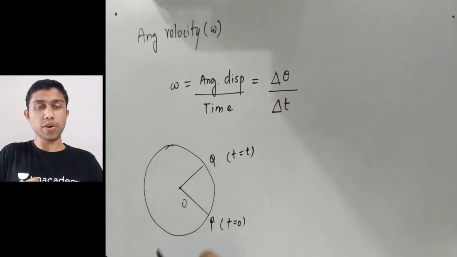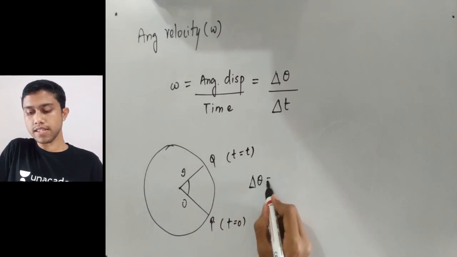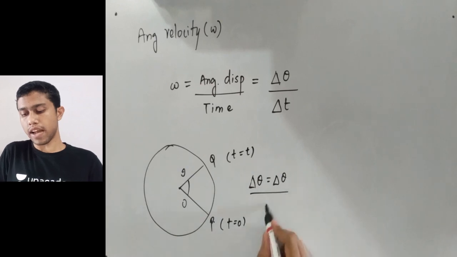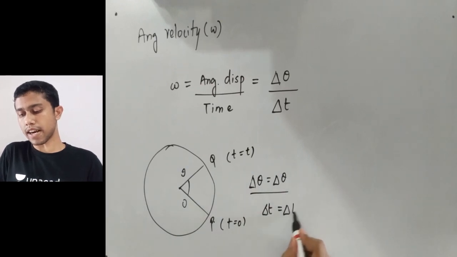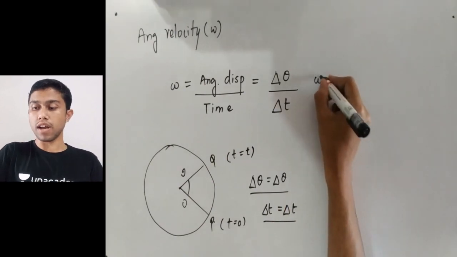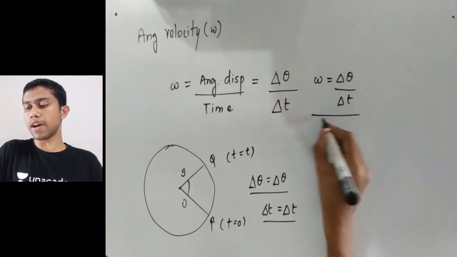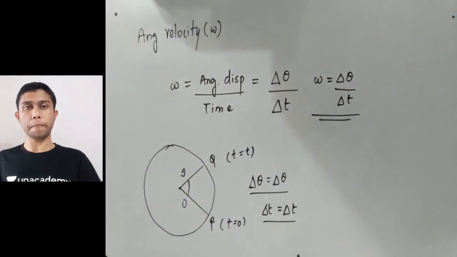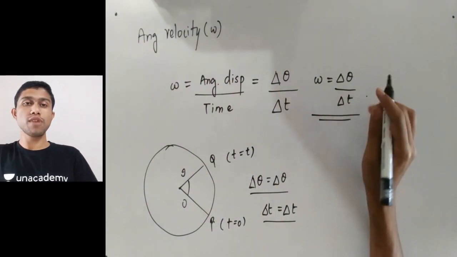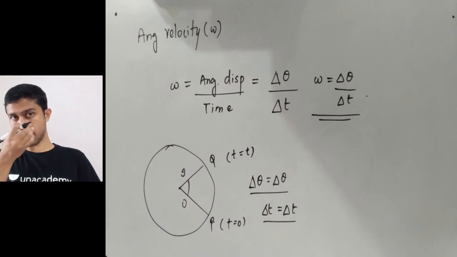Here is 0 degrees and here is theta degrees. So the change in angle is delta theta and the change in time is delta t. So this is the formula which will be required in the subsequent sections. Now this is a general formula in which delta t is considerable, or I can count delta t as 1 second, 2 seconds, 1 hour, 2 hours or any other.